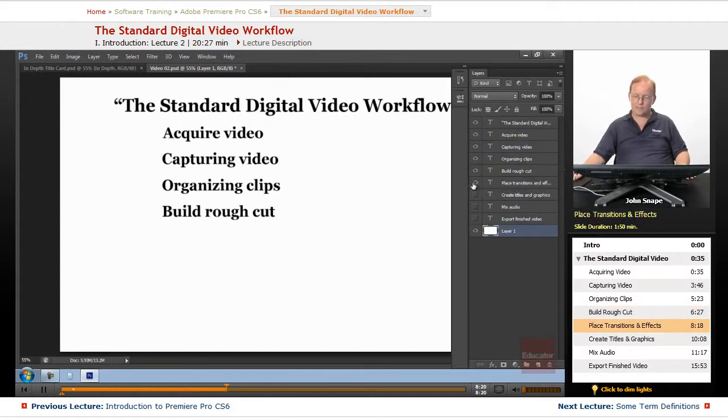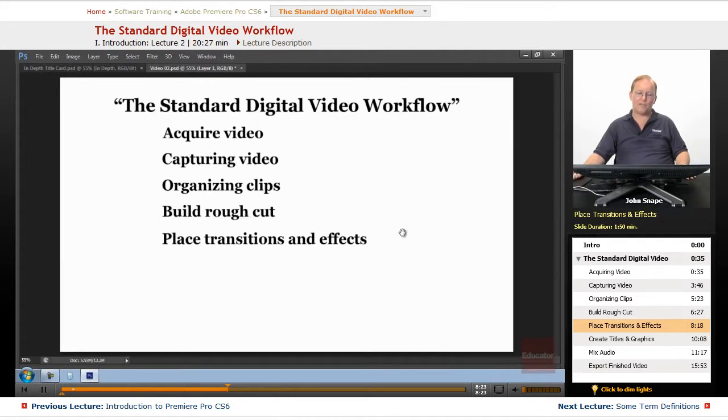Now, after you have the rough cut, then you will have your transitions and effects. Transitions are changes from scene to scene or from shot to shot. So you might have 2 people talking, and in one scene they do a one shot of one person talking, then they do a reverse shot of the other person talking, then they do a 2 shot. You see 2 people in the shot, and then it goes back and forth, and there's no transition other than a straight cut between those video pieces,